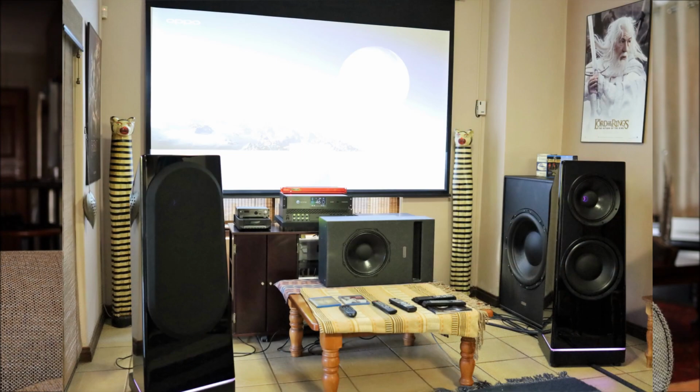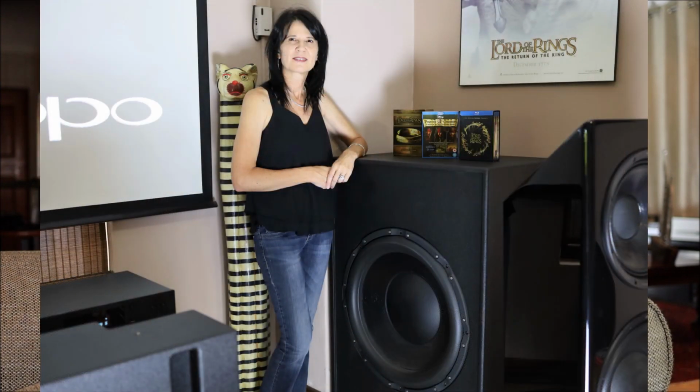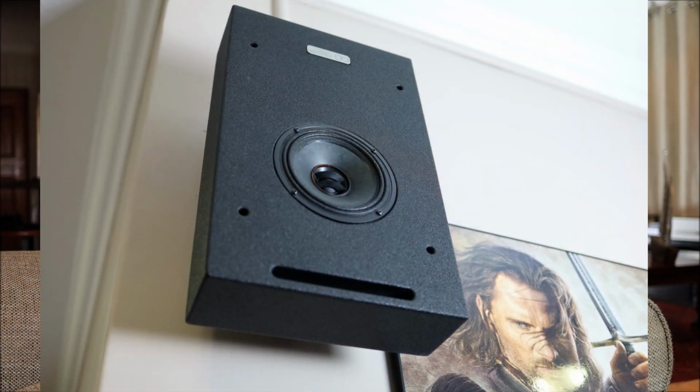This time around he changed the configuration into more of a home cinema setup, so he still used the two live 15s for the left and right channel. Then for the center channel he used the CCRM 12 active unit, the same 12-inch coaxial drive unit that they use in the live 15s, which he also combined with the SSMG 24-inch subwoofer, and then at the backs he used the CCRM 6 passives,